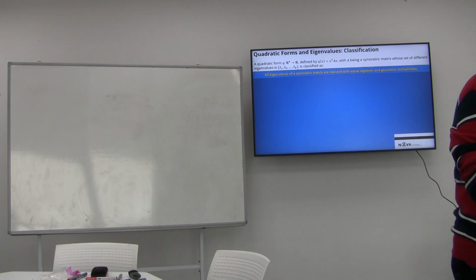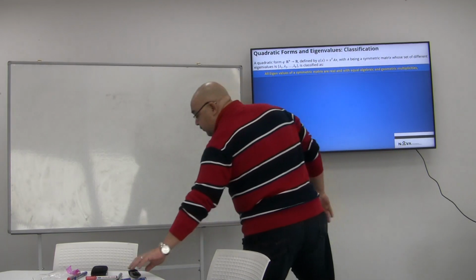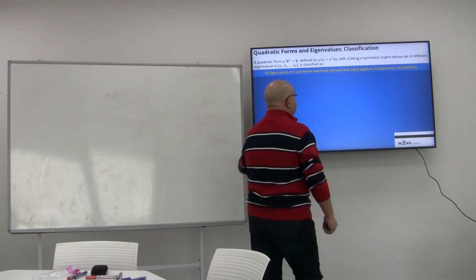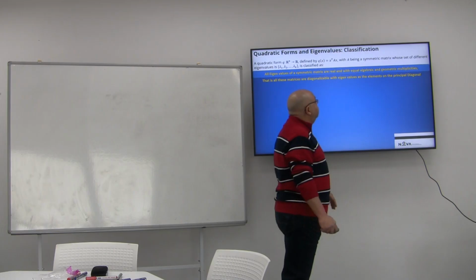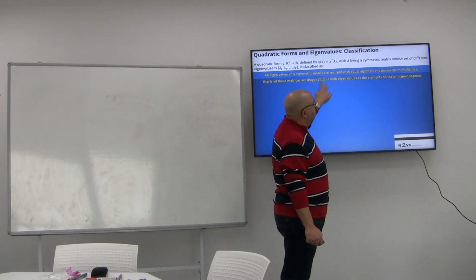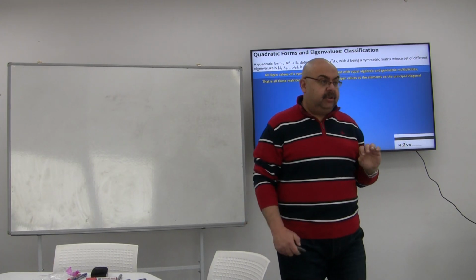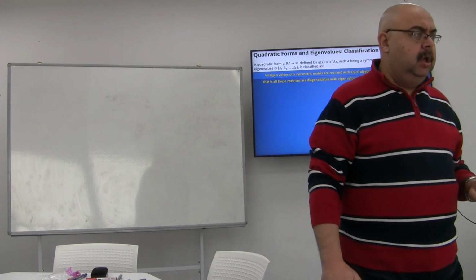We will go through this, so don't worry. So first of all, if all the lambdas are real and the algebraic and geometric multiplicities are equal, then these matrices are diagonalizable. So this symmetric matrix will be a diagonalizable matrix. What we mean by diagonalization is